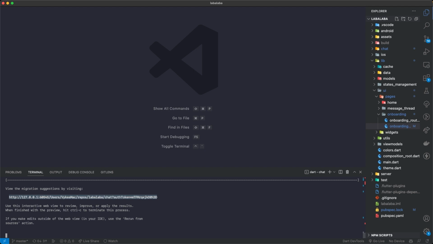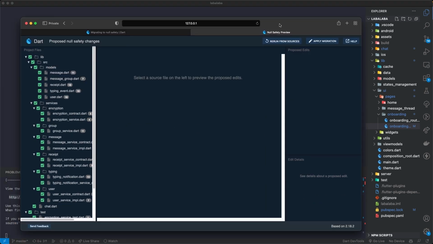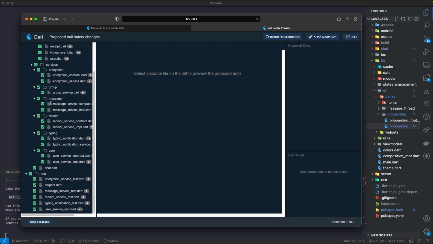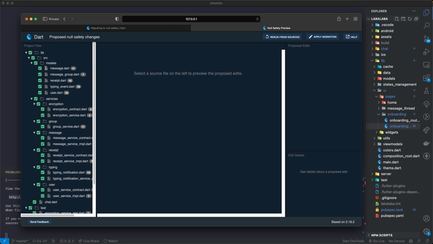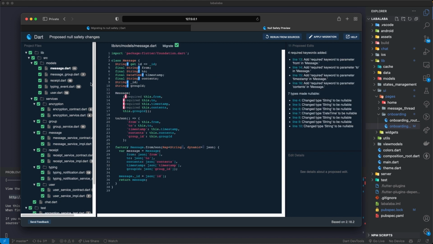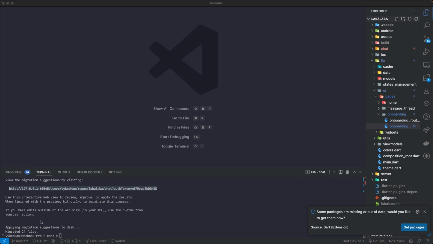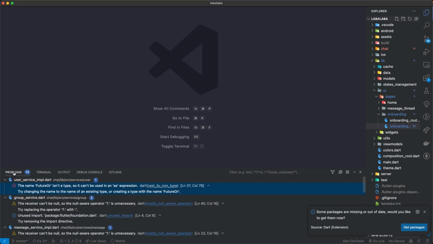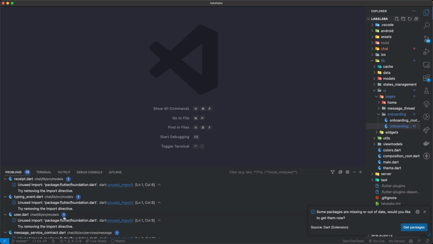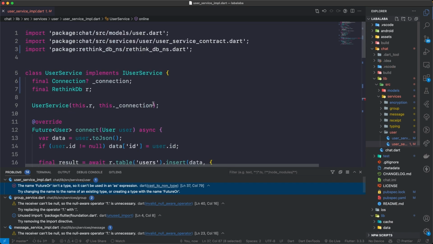So I'll paste this inside of the browser. And now these are the files that will be migrated. And we can just go ahead, look at this one, and say apply migration. Then we'll have to resolve whatever issues come along. So now we have applied the migration, 24 files migrated, but we still have some problems which we need to resolve. So here,